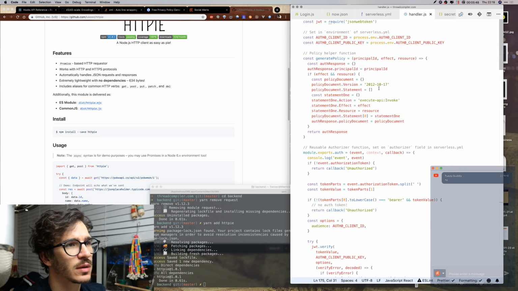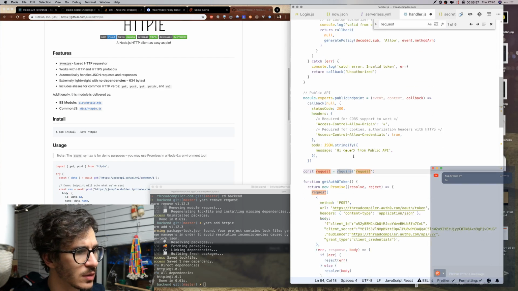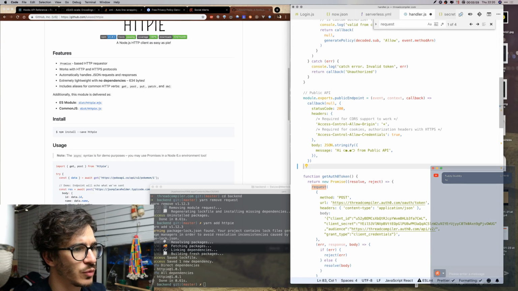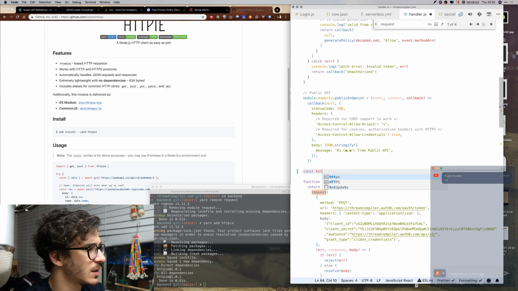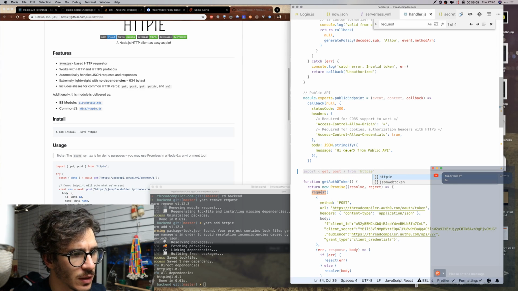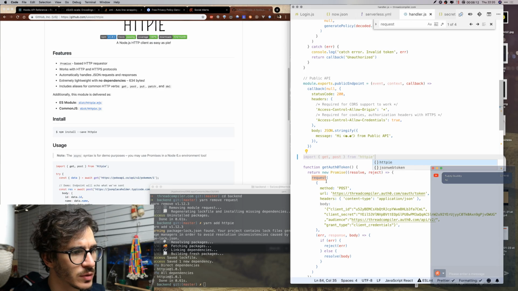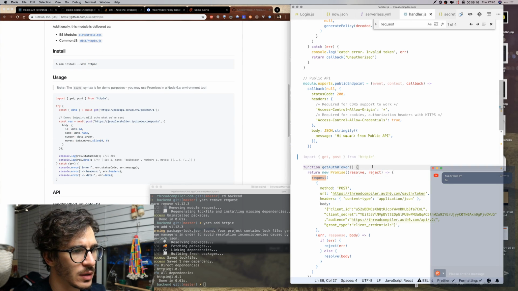Wonderful. Now we've got to start using it here in our handler. Request is down here, so const. I'm gonna move it up so that it's okay. Actually, because this is almost like another part. Get post from HTTP, and we're actually only using posts, I think. So we're gonna go with post.